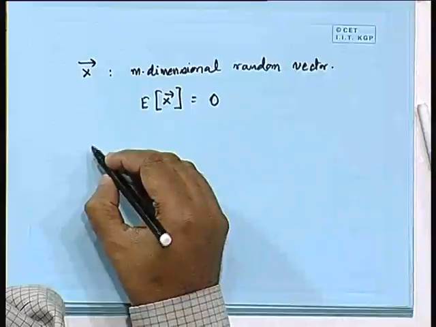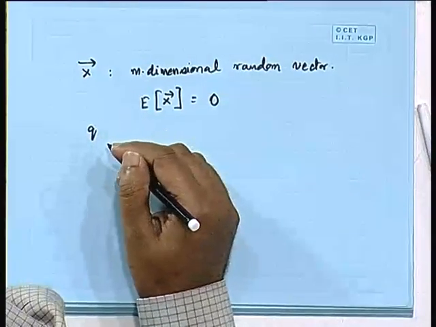In such a case, what do you do? You simply subtract the mean from the individual elements. If it is not a 0 mean random vector, you make it 0 mean by subtracting the mean from it. So, if x is a non-zero mean vector, subtract x bar from it and get a 0 mean random vector. So, you are assuming that you have done all that and you have a 0 mean random vector x available with you, right. And then we are